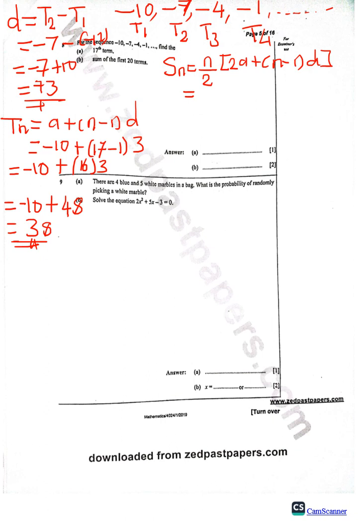So 20, where the 20 terms after the n, we put 20 divided by 2. Then the first term is 2 times the first term, which is negative 10. So negative 10 times 2 is negative 20 plus n, which is 20 minus 1, that is 19, multiplied by 3. We can now divide 2 into 20 is 10, negative 20 plus